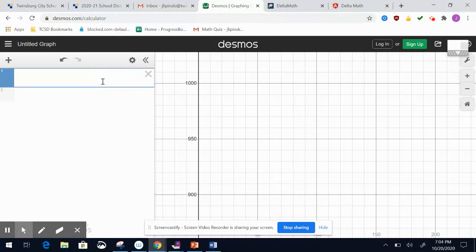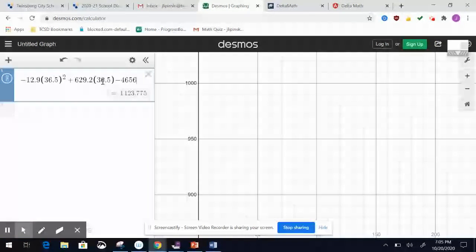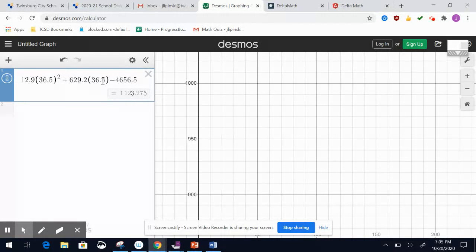Okay, I would just put negative 12.9. Make sure you're entering all of this stuff correctly. Again, it told me to plug in 36.5. I'm going to square it. Okay, plus 629.2 times 36.5. Close the parentheses, and then we're going to subtract 4656.5. Okay, so I would get y equals